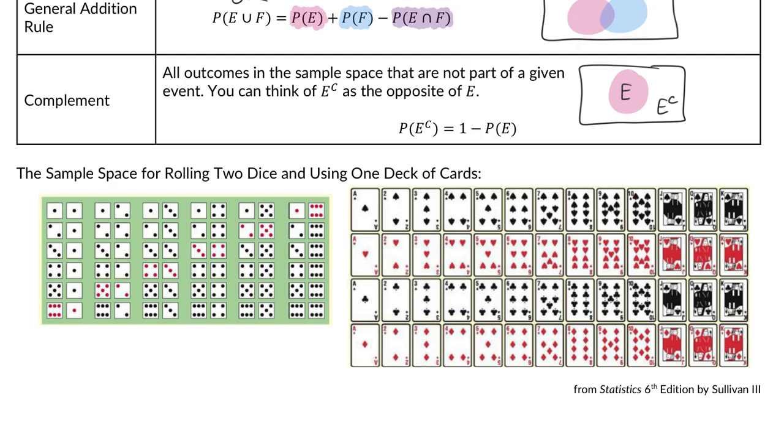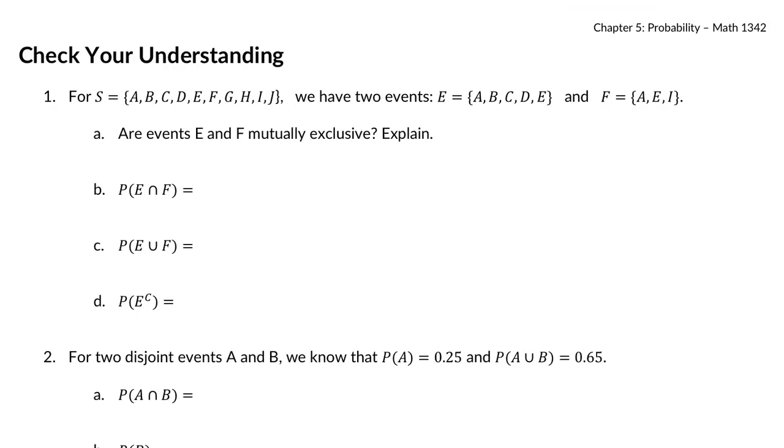I also have provided you with the sample space for rolling 2 fair die, like rolling a 6-sided die and then rolling another 6-sided die. You can get a 1 the first time and a 1 the second time. You could get a 3 the first time and a 4 the second time. That's what this is showing you. These are just references for you because I know that the homework references different games of chance. And if you don't play cards, you may not have known what kind of cards were in a deck. So you can just use this image. Also, play more card games. They're fun. Let's do some practice problems.